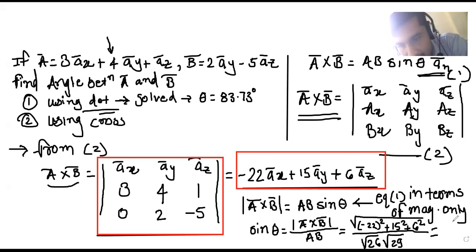Value of sine theta must be 0.994. This is the value of sine theta. So if the value of sine theta is 0.994, in that case, what is the value of theta? What is the value of theta? Therefore, the value of theta is equal to,